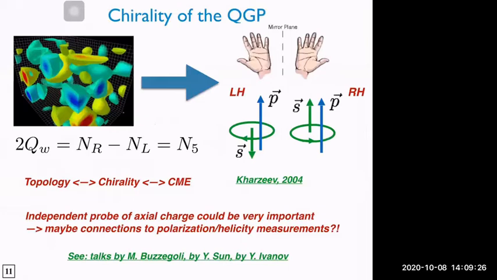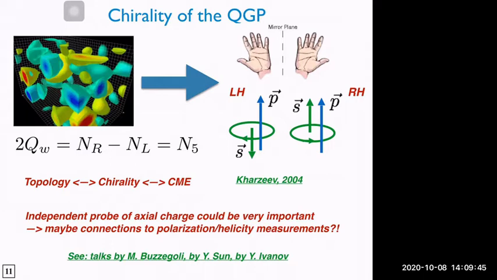Now there are a few elements for the chiral magnetic effect. We need chirality and we need magnetic field. So I'm going to first briefly talk about chirality and magnetic field, and then I will talk about the effect itself. Chirality. I think just to remind everybody, that's actually why the whole field initially got interested in this, and that I think was pioneered by Dima Kharzeev, who in his 2004 paper basically had this initial